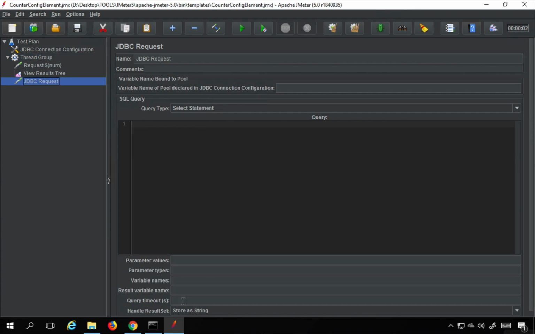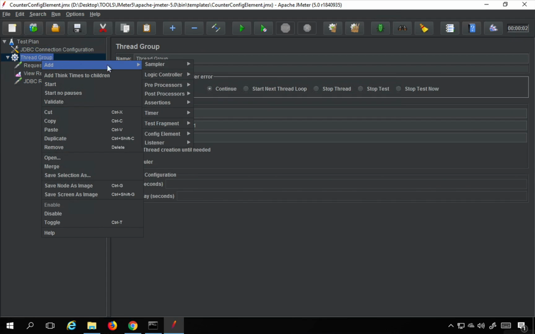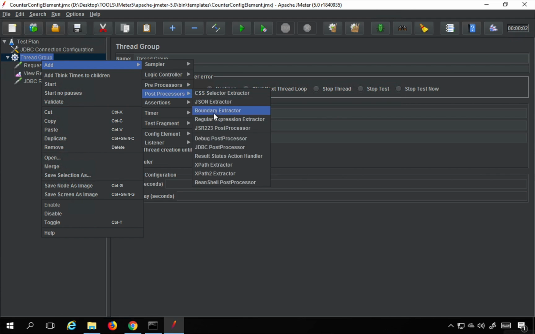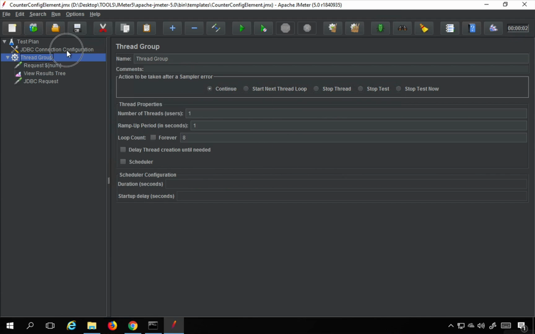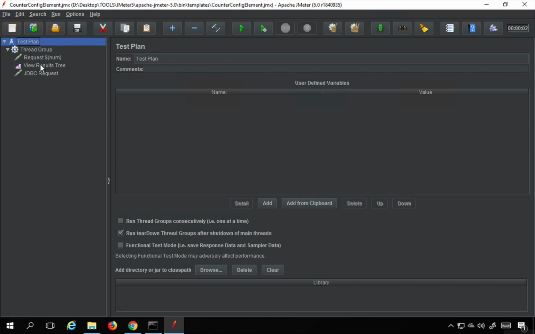So here you can see we have JDBC request here. You can see we are not setting up the connection here. We are just giving the JDBC request like the SQL statements. The connection will be set in the configuration element. Similarly, if you go to your preprocessors and post processors, in the preprocessor we have a JDBC preprocessor, and similarly in the post processor we also have a JDBC post processor, and all this will take the connection from our JDBC connection configuration config element. So this was JDBC connection configuration,